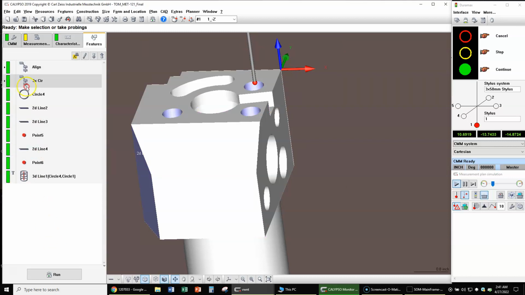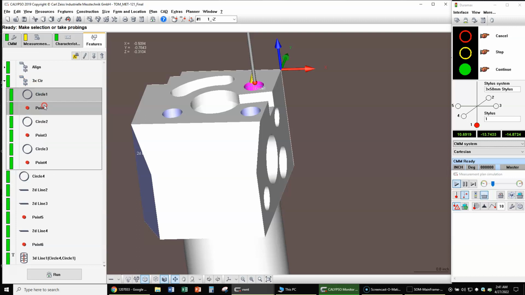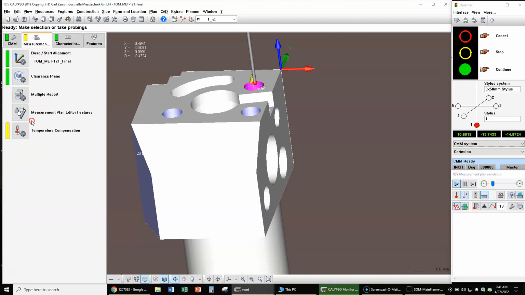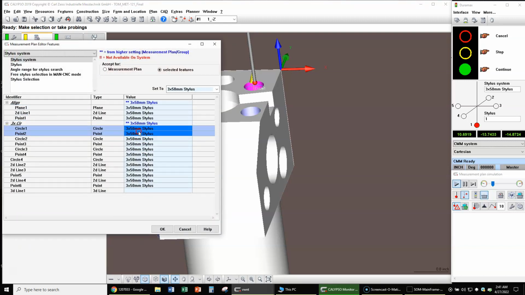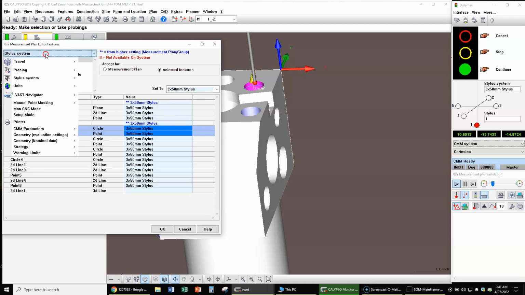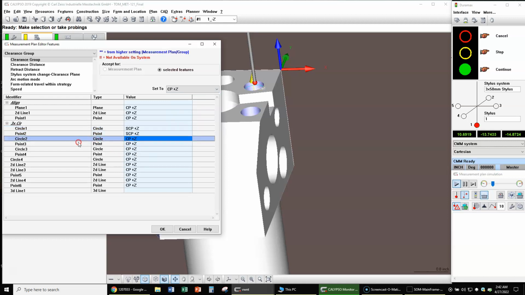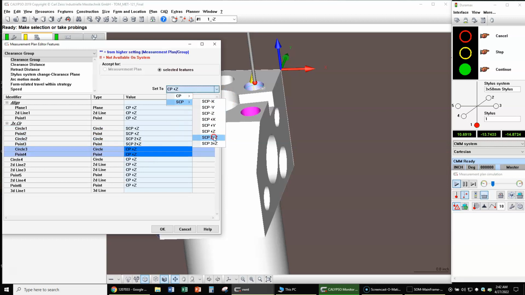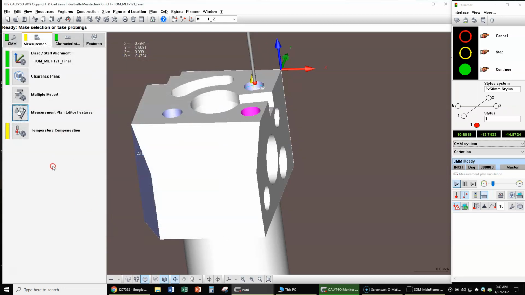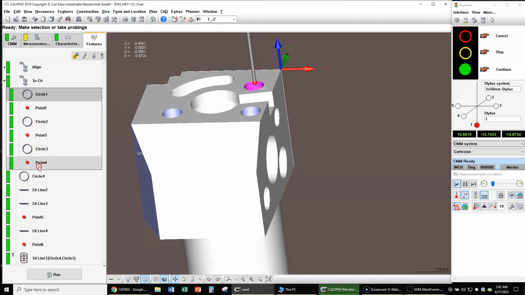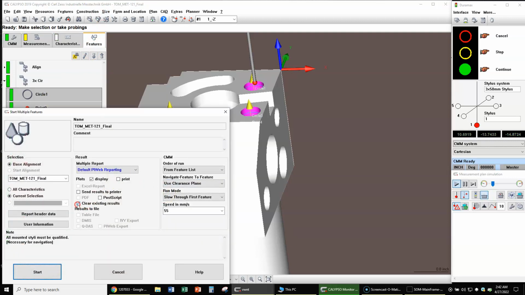Quick little sidebar here, if you wanted to see how to do that, you could grab circle 1 and point 1. You could come over to the measurement tab, measurement plan feature editors, so they're already selected here. We could go into travel clearance group, and we could set this to SCP plus Z. You could grab 2 and 3. You could do SCP 2 plus Z, for the third one, we could do SCP-3 plus Z. So just for ha-has, if we ran all three of those again,